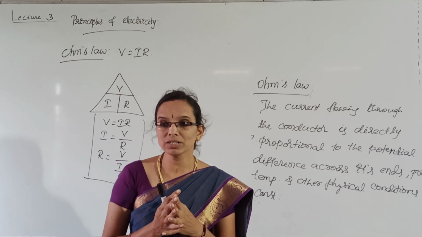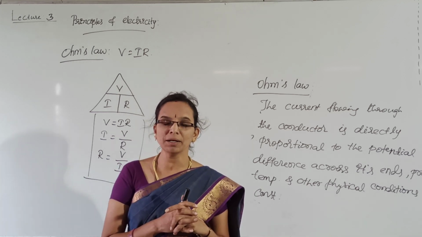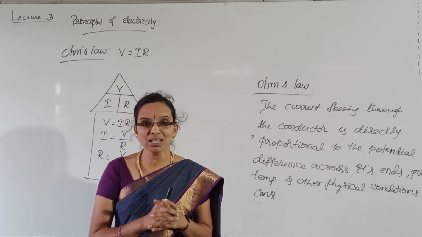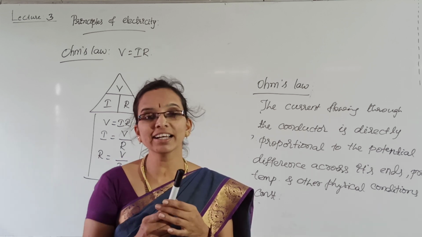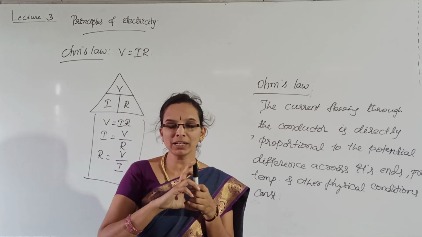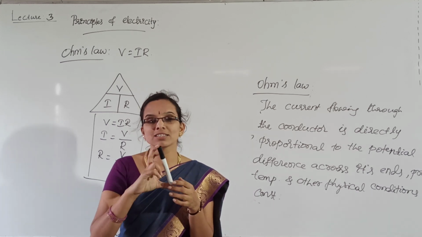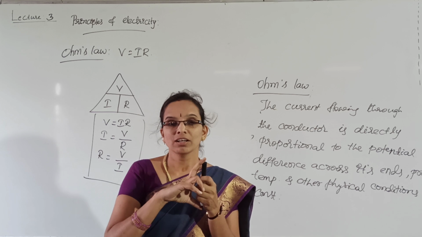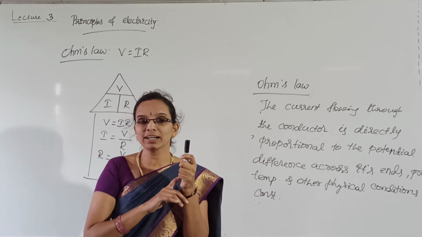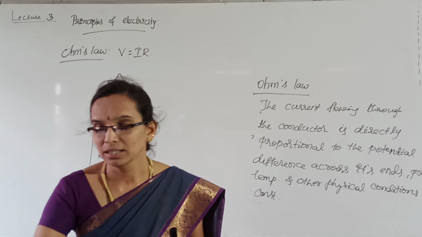Okay, in future if anybody asks you what is Ohm's law, you can easily tell V is equal to IR, but that is not the way to tell. If anybody asks you what is Ohm's law, you should tell: take a conductor, apply a potential difference across its ends, the current will be flowing, which depends on the resistance of that conductor. The potential difference applied is equal to the current flowing through the conductor times the resistance of that particular conductor. Okay.